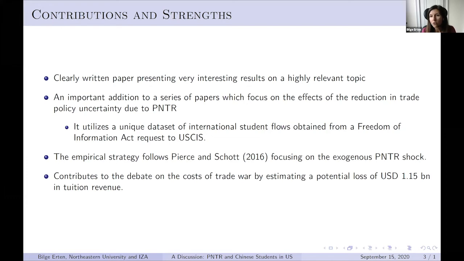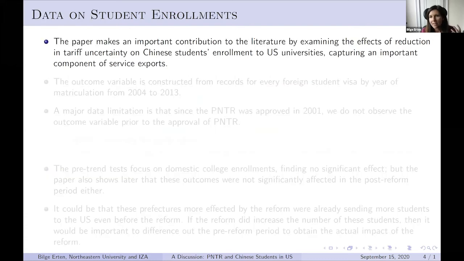And it contributes to this really important policy debate on the cost of the trade war, estimating that the potential costs are over $1 billion US in tuition revenue. So when the US tries to protect itself from Chinese competition, it actually ends up hurting itself through services trade. So more substantively, if I was, let's say, a referee, what some of the issues in the paper